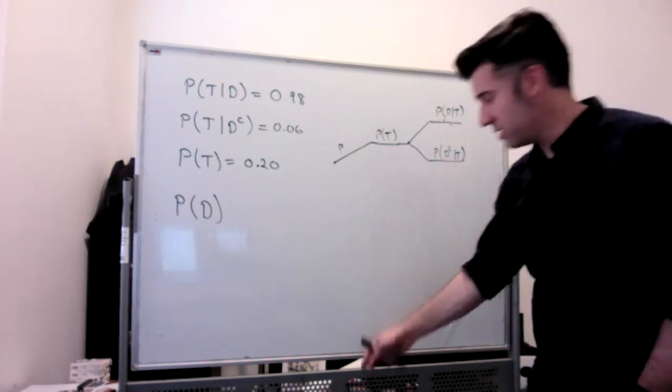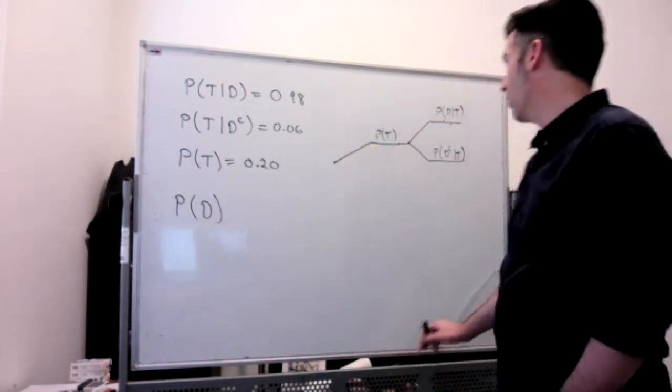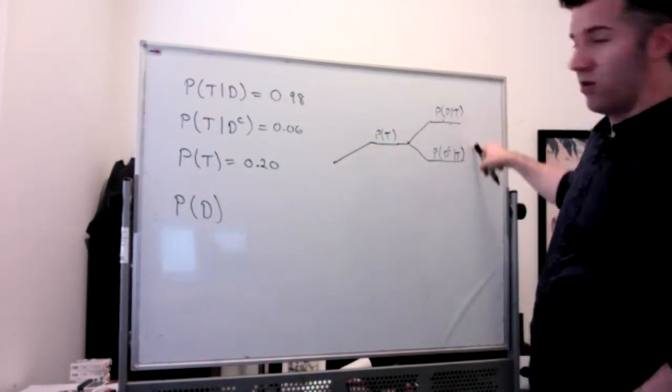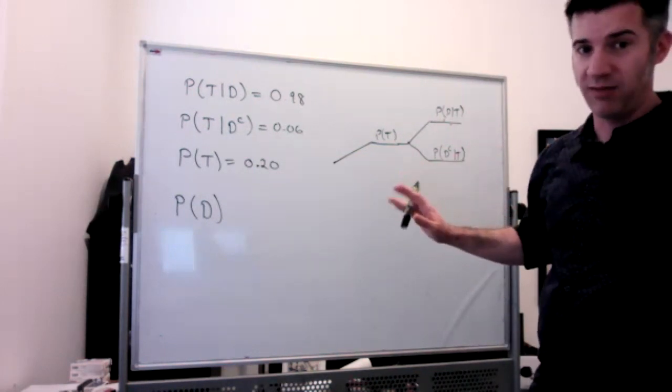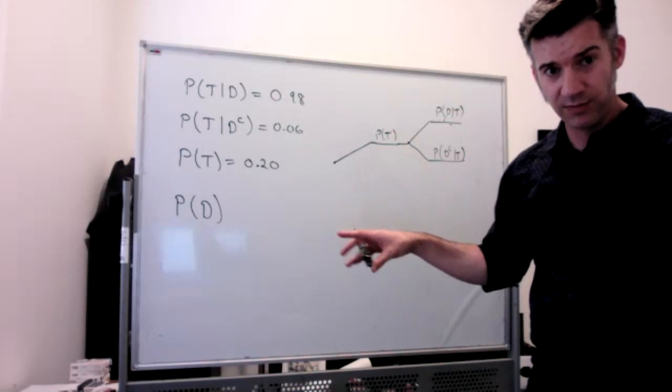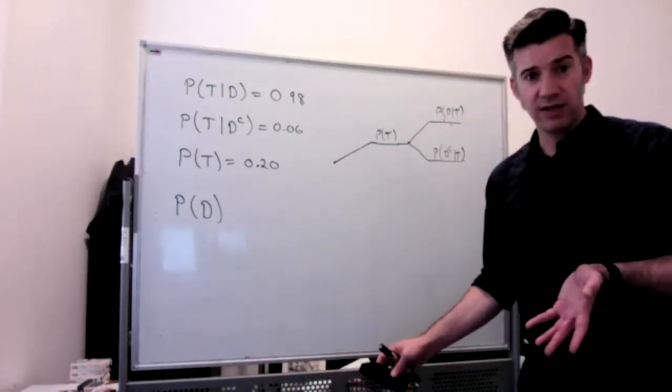But there are actually a few problems. One of the problems is we don't know either of those probabilities. You could use Bayes' formula to find them, but that's doing way more work than we need to do. So to find the probability of having the disease, we're actually going